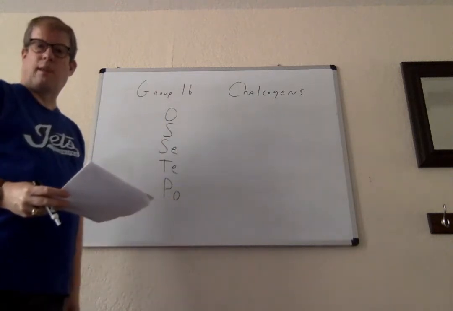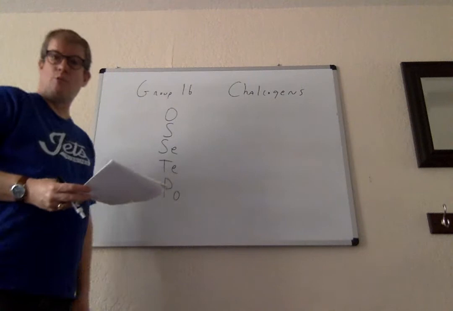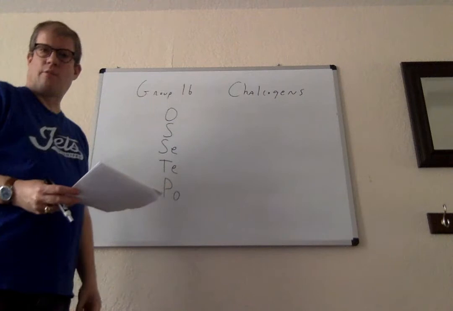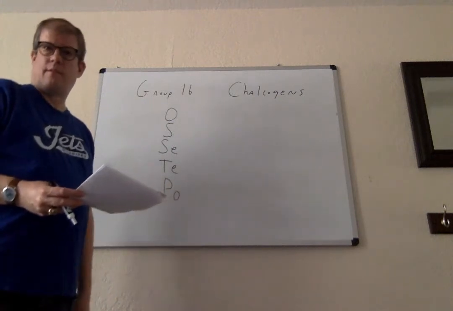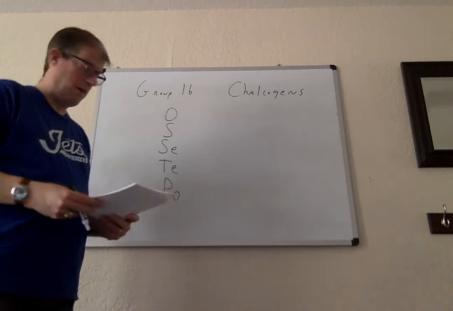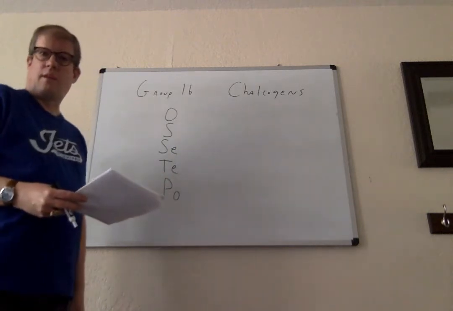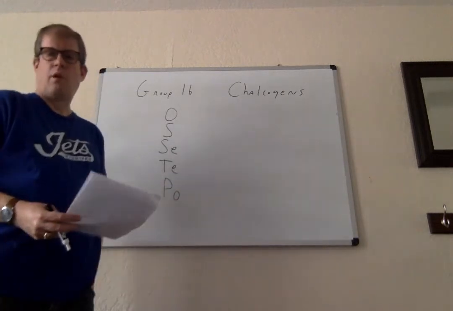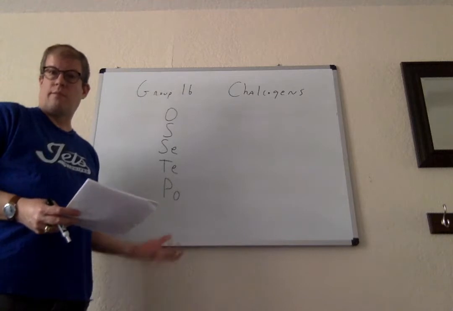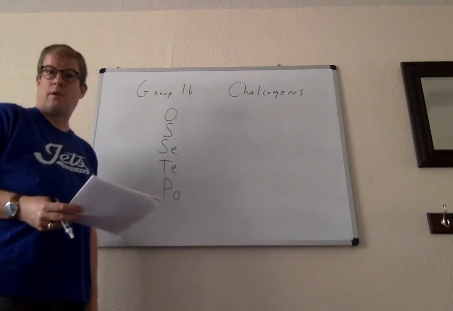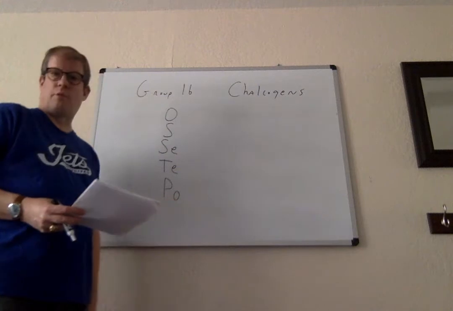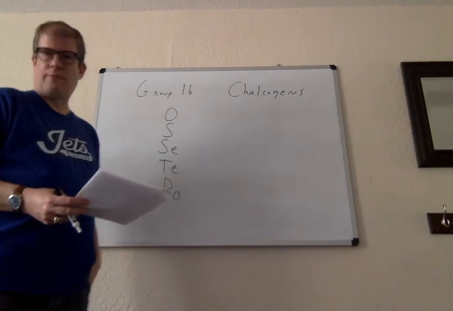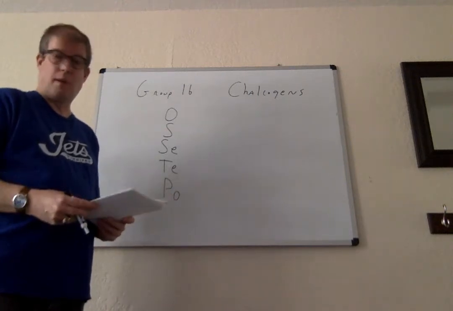Oxygen is a colorless gas. Sulfur is a usually yellow solid, but that's actually due to trace impurities. Selenium is a silvery-looking, grayish, metal-looking substance, even though it's actually a non-metal. This is a lustrous silver solid. The tellurium, that is, it's a metalloid. When you get down to polonium, it's a true metal, although all of its isotopes are radioactive, and so there's not a whole lot known about it. This is, of course, one of the two elements that was discovered by Maria Skłodowska, otherwise known as Marie Curie, resulting in a Nobel Prize in chemistry.